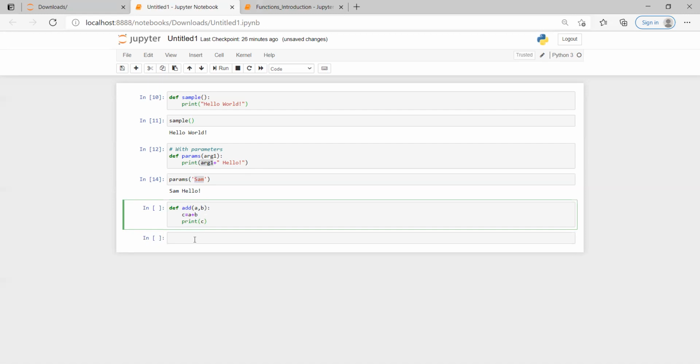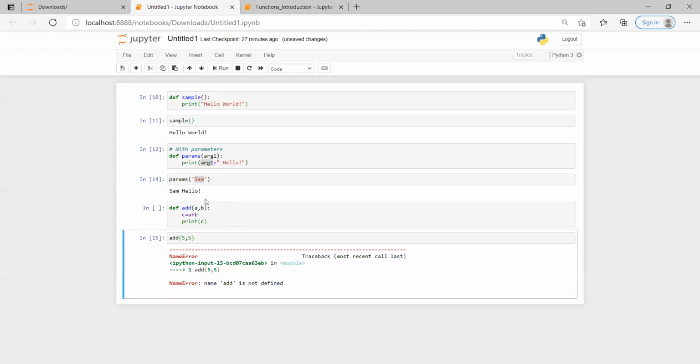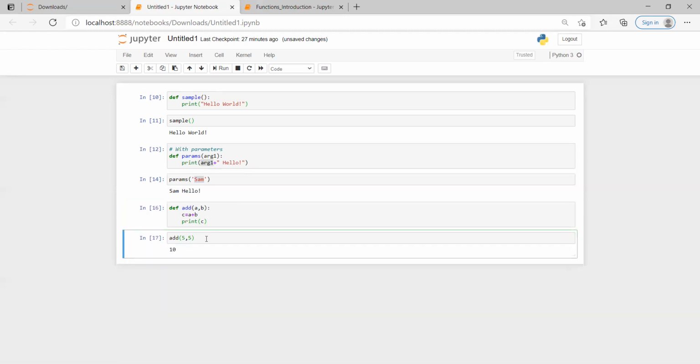I'll show you how to return values in the next example. Here I'm passing add of 5, 5. I didn't execute this one, so my bad. Executing it now, 5 plus 5 is 10, so it is executing and printing.